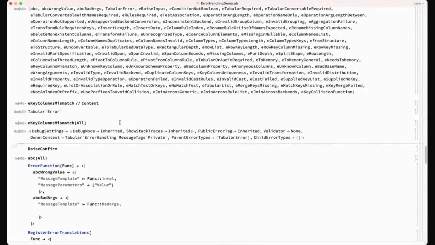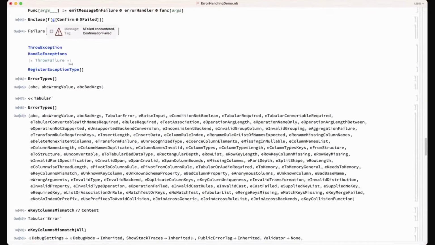So going back to your register exception type, which could also be something where you say exception value of a symbol equals whatever. How would I type this? Like this? No, not in there.